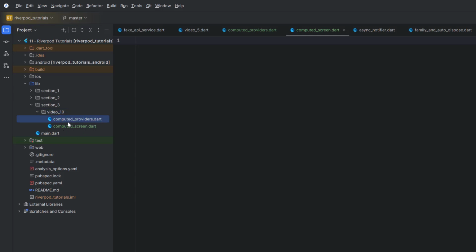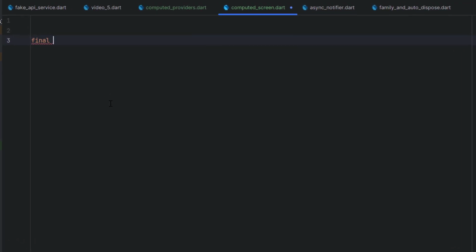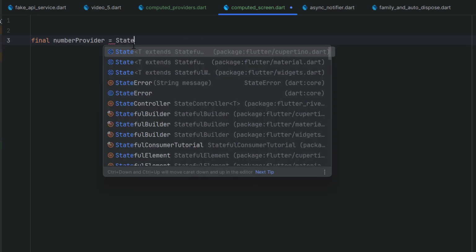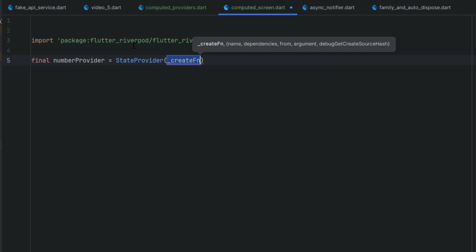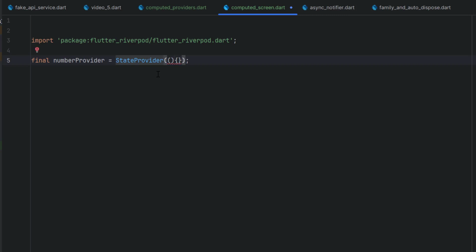I've created two files, computed providers and computed screen. So for the providers, first of all, let's create a simple state provider, and I'm going to name it numbers provider or simple number provider, and it is going to equal a state provider. And as you know, inside each provider we have a function. So we will create a function like this, and this state provider is going to return something which is a